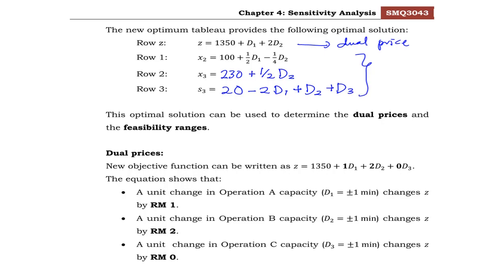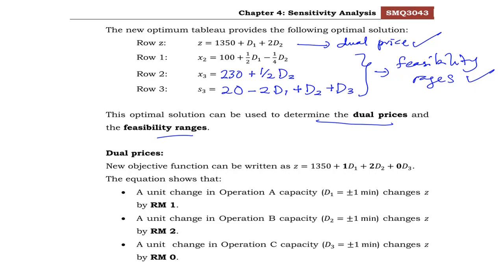And row 1, 2 and 3 will provide us with feasibility range and also condition. Okay, this optimal solution can be used to determine the dual price and the feasibility range. Okay, so dual price, from this new objective function, Z equals 1350 plus 1D1 plus 2D2